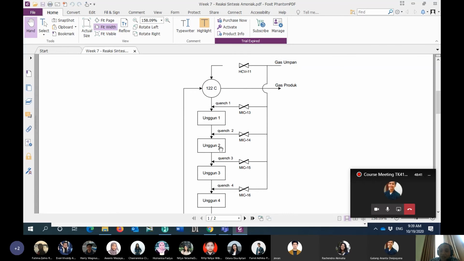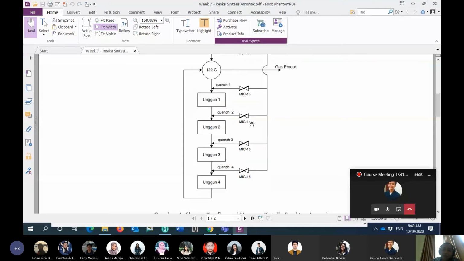The quenching system here is used in order to reduce the temperature. Again, why? Because it is related to the exothermic condition, and in an exothermic condition it is more favorable to have the reaction at a lower temperature in order to shift the reaction to the right side, or the product side.